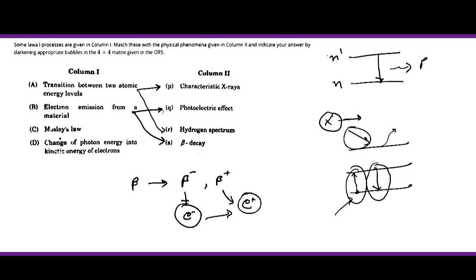सी ऑप्शन की बात करें, सी में बोल रहा है मोसले लॉ। मोसले लॉ जो होता है वो कैरेक्टरिस्टिक एक्सरेज के लिए यूज किया जाता है, ठीक है। मोसले ने जो लॉ दिया था कैरेक्टरिस्टिक एक्सरेज के लिए दिया था, जो कि कोलिजन से था। तो वहाँ पर रिकॉयल जो इलेक्ट्रॉन होता है उसके लिए वहाँ पर एनर्जीज वगैरह फाइंड आउट करने के लिए, उसकी फ्रिक्वेंसी फाइंड आउट करने के लिए ये लॉ मोसले ने दिया था। तो ये कैरेक्टरिस्टिक एक्सरेज से बिलोंग करता है, ठीक है।